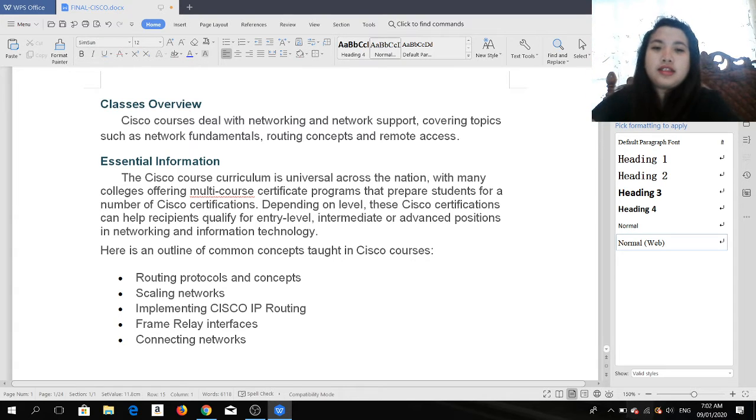Depending on level, these Cisco certifications can help recipients qualify for entry-level, intermediate, or advanced positions in networking and information technology.